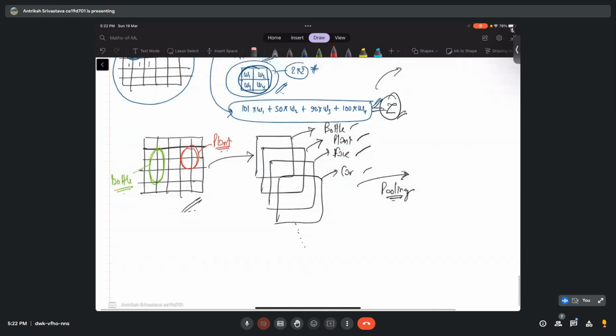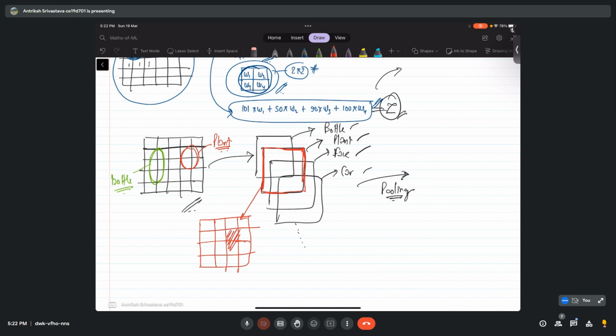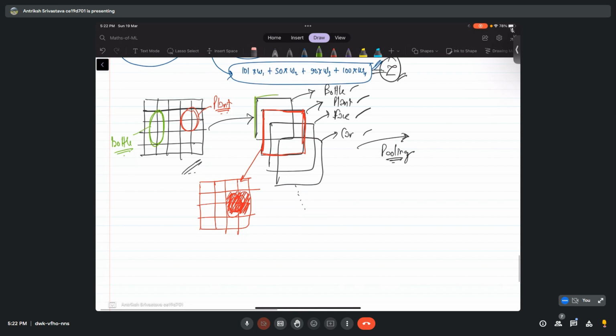Then in your trained convolution neural network, if I extract this plant layer, the new layer that is generated after convolution for plant, you will see that, let's say it is 4 by 4 again, these will be more activated, these 4 or these 2 will be more activated, and in your bottle layer, these will be more activated.